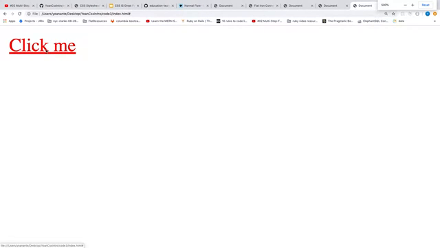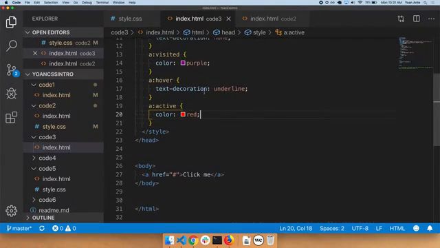When we hover over it, it gets underlined. If I click it, now it's purple. Okay, and if I hold the click, you can see that it turns red, right? So if I were to, let's say, move this thing up,